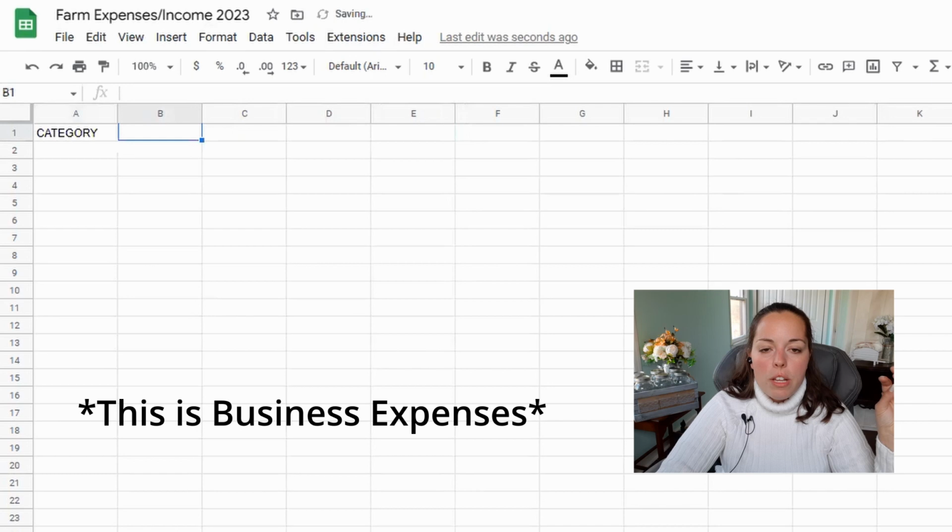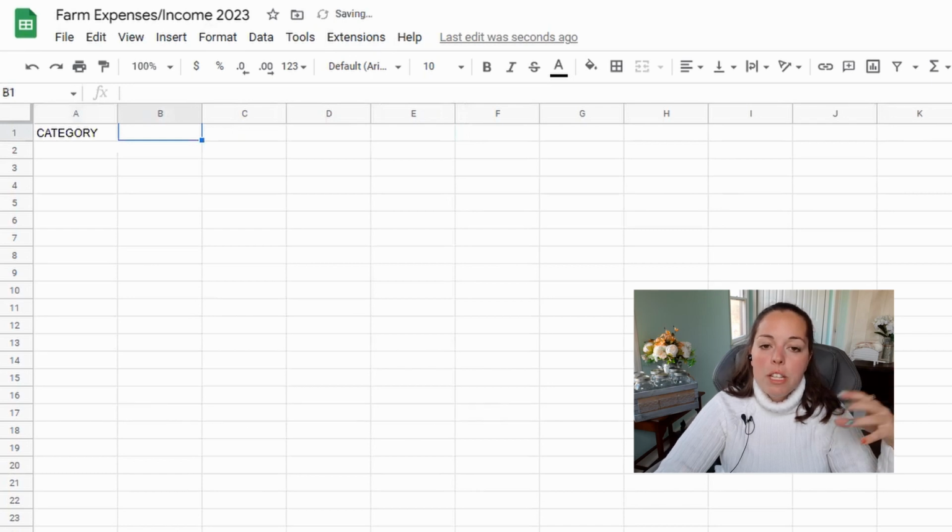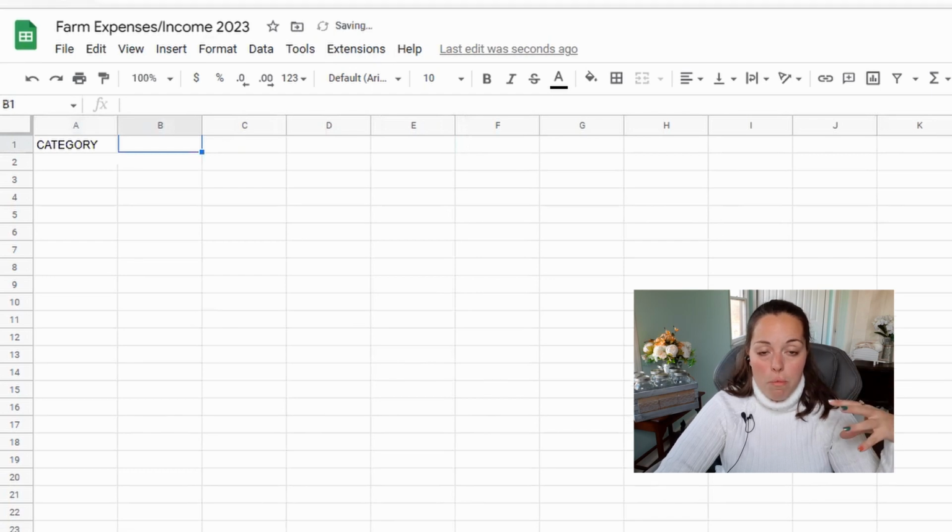So the first is going to be category. What section of the business did we have to purchase it from? Was it rennet for the cheese? Was it some flowers for when visitors come and tour our farm? Was it glass jars because somehow one of our jars got broken and I needed to buy a new set? Anything like that would go into what the category was, the date we purchased it, the amount,